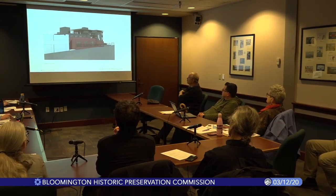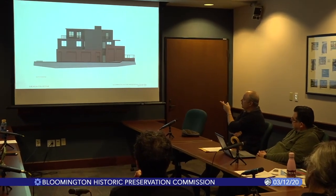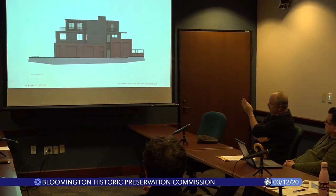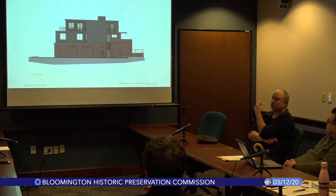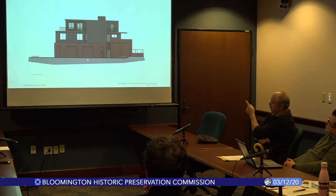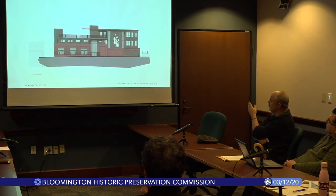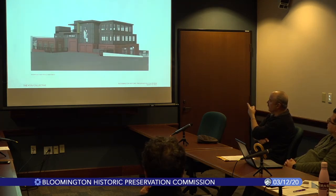Questions? I really appreciate this work, and just a question about how these windows work. That vertical is exterior and the horizontals are interior? Yes, they would be internal. Because it's hard to know what they're going to look like, because on some of these drawings you can't really see them very well, and on some of them they're really pronounced, like that looks great. And if they're going to kind of not be seen, that's...